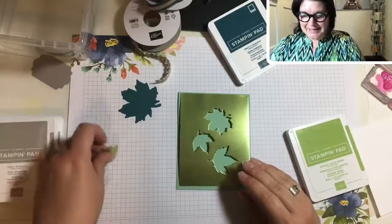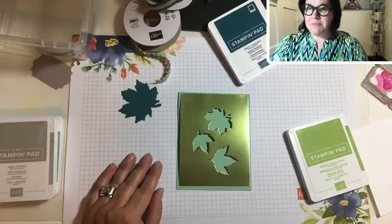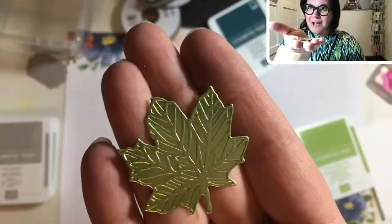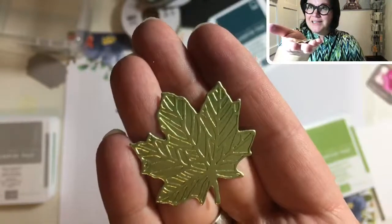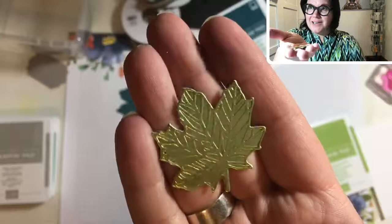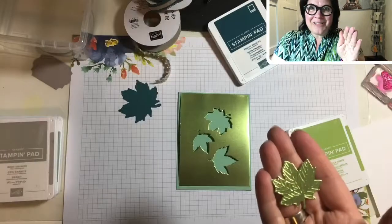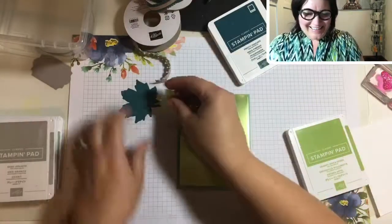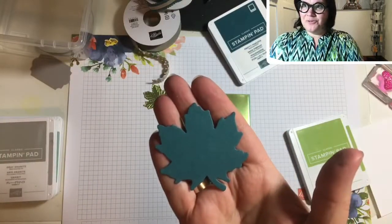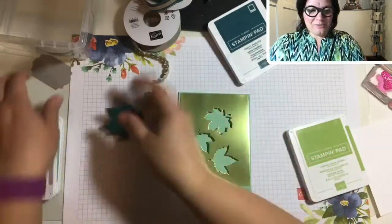So I cut these out, and we're going to use them on other cards for sure. But check out the Frameworks, how it embosses the detail in the leaves. Isn't that stunning? It just adds that little hit of something so the light bounces off of it, which is so pretty. And then of course I had this beautiful leaf that I used the